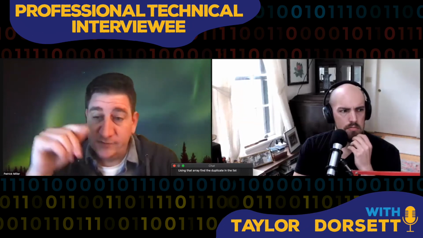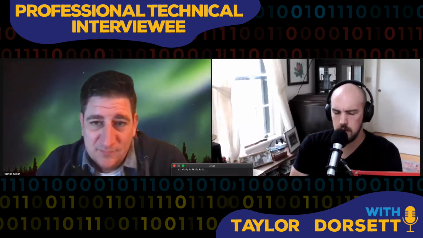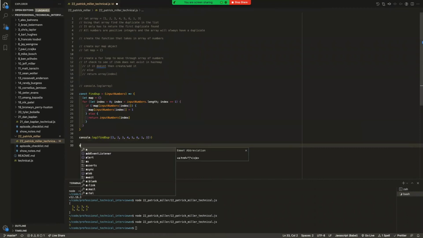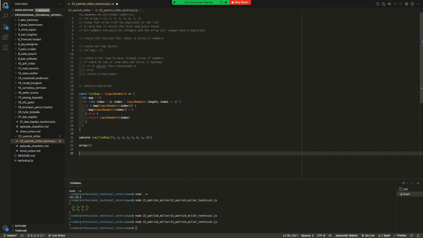Again, think of the constraints. They're always positive integers. If they're always positive, I'm trying to think if we could just pass in, like, an array. No, I don't know.